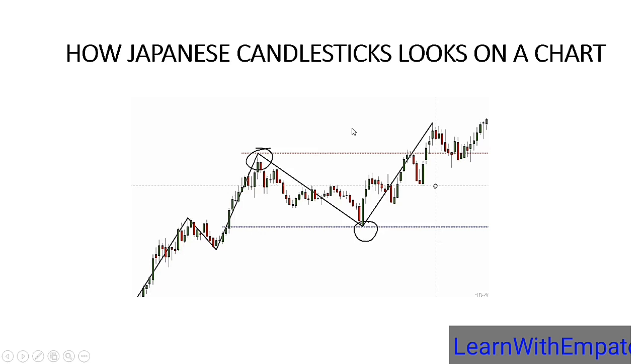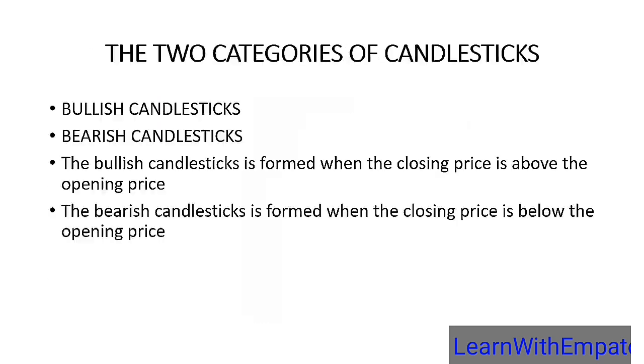So if you understood the first part of this video, that means you understood the candlestick anatomy. And please note that candlestick anatomy has 4 strategic points: the open, the close, the high, and the low. If you haven't learned anything else, just learn that the anatomy of a candlestick has 4 strategic points, or let me say 5, so that you can clearly understand: the open, the close, the high, the low, and the body. Let me go back to that point so that you can see it clearly.